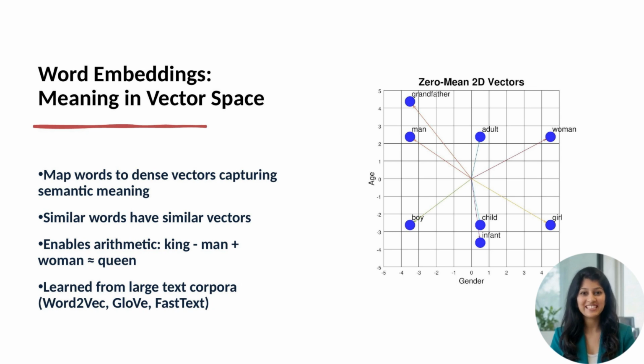Embeddings revolutionized NLP. Before embeddings, words were one-hot vectors, binary vectors where only one position is one. These captured no semantic relationships and were incredibly high-dimensional. Embeddings are dense, typically 100-300 dimensions, capture meaning, and enable transfer learning. Pre-trained embeddings like Word2Vec and GloVe became standard, providing rich word representations to downstream tasks.